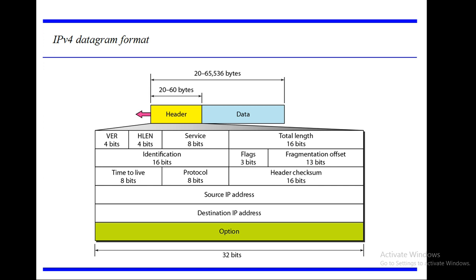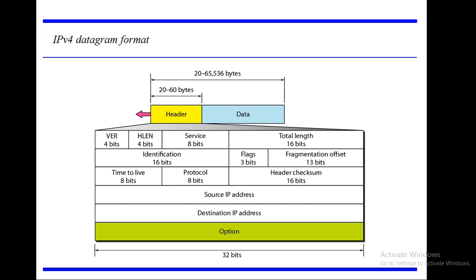It will only check the header, whether the header has any corruption or corrupted bits, or whether it is correct. How is it calculated? It is very simple. The header checksum is calculated by considering all the fields, whatever values you have included in them. It will calculate the one's complement of that, and that will be put into the header checksum.